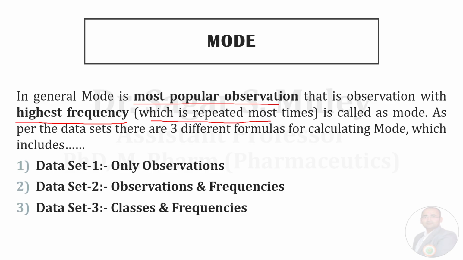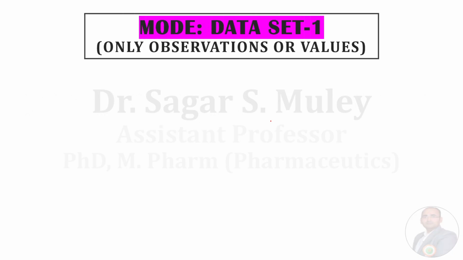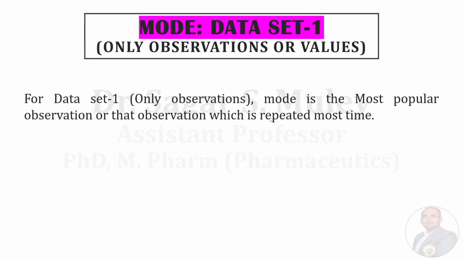So let's start with first type of problems or first type of data set, that is only observation. How to calculate mode when data set 1 means only observations are given. That is very simple. So for data set 1, as we have seen in the definition of mode, mode is nothing but most popular observation or that observation which